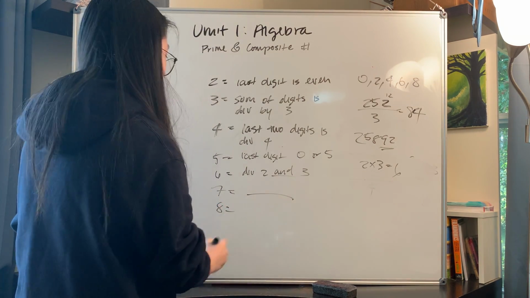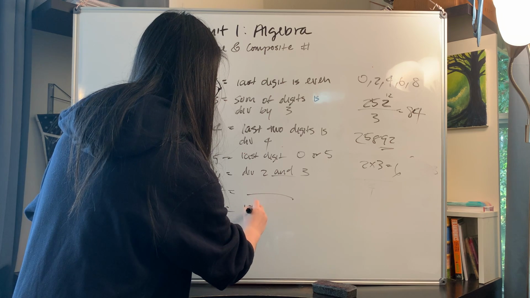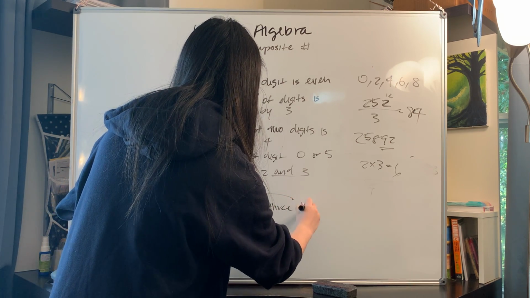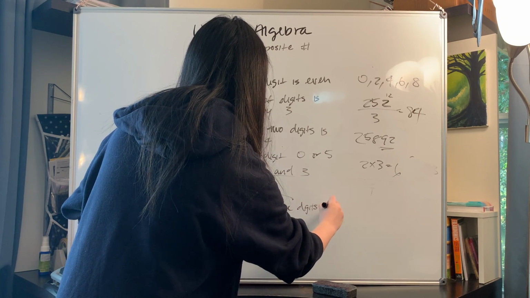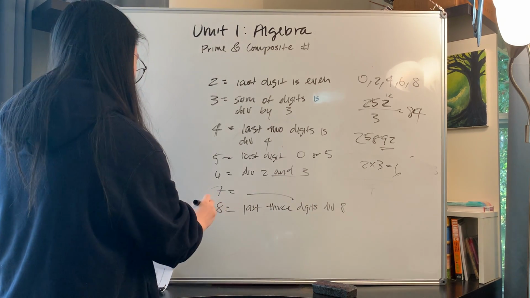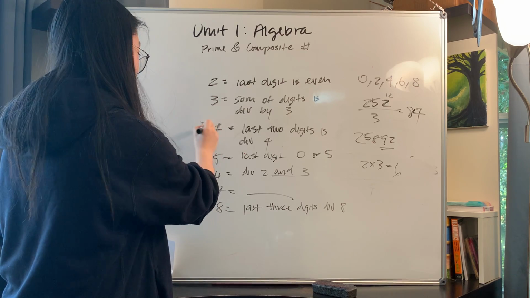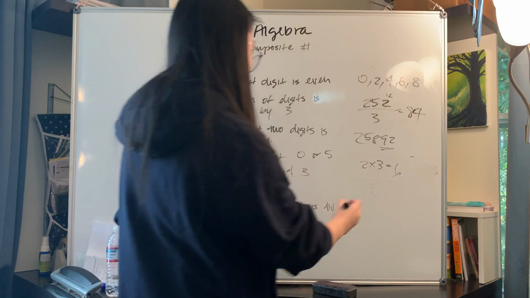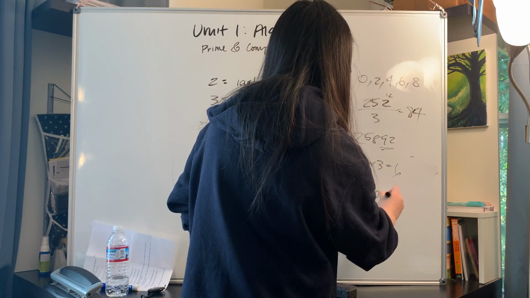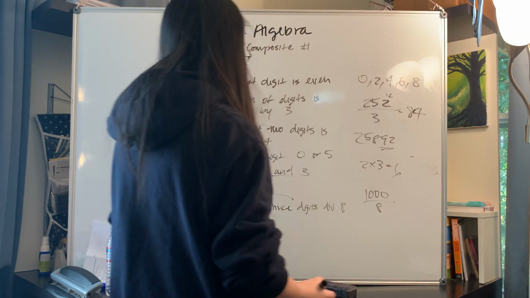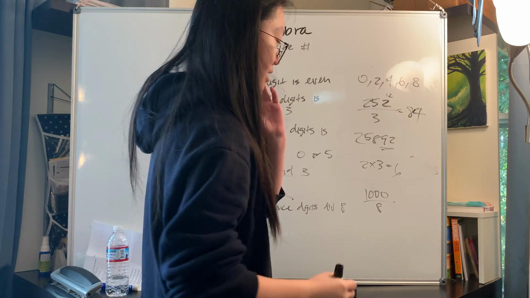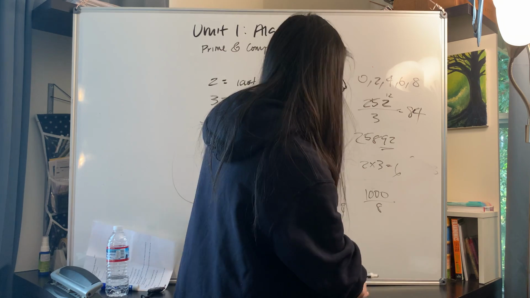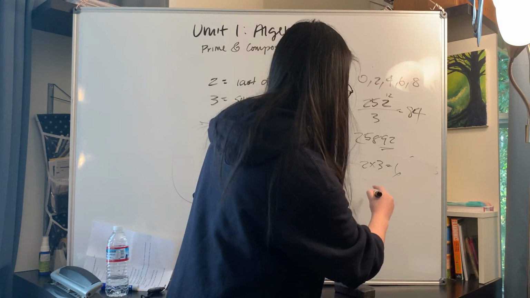Divisibility rule for 8: the last 3 digits have to be divisible by 8. The same reason that applies to the rule for 4 applies to the rule for 8. And the reason for that is that 1,000 is divisible by 8, right? So we know that, if we're trying to figure out divisibility for